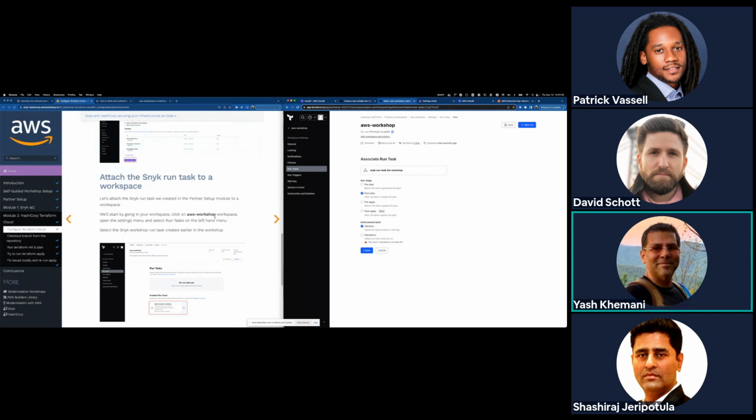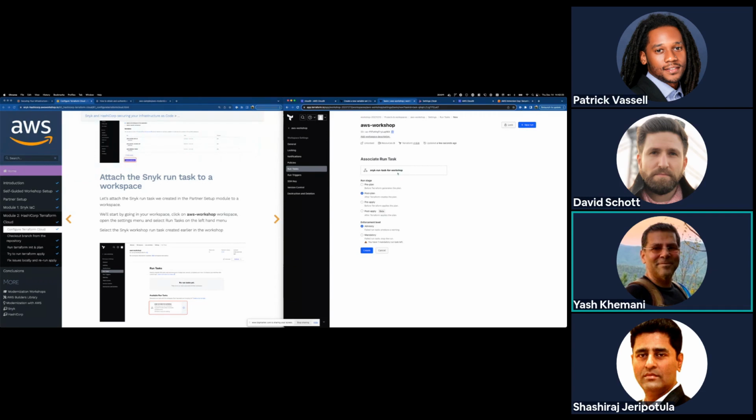So when you're configuring the run tasks, you want to make sure that you're setting two things. One is the run stage. As we talked about before, when you configure a run task, depending on the nature of the run task, it may make sense to configure it to run before the plan, pre-plan, run after the plan or post-plan, and then pre-apply or post-apply, respectively, to run before the apply or after the apply.